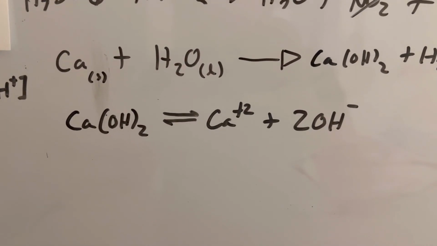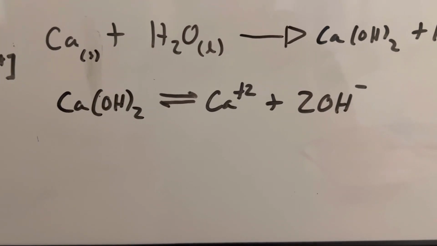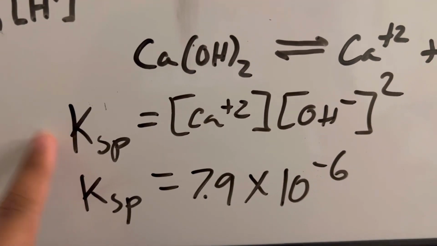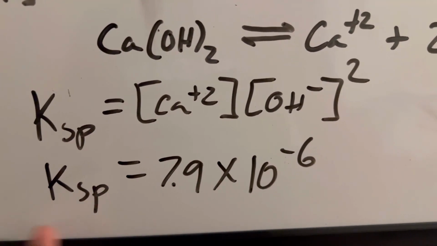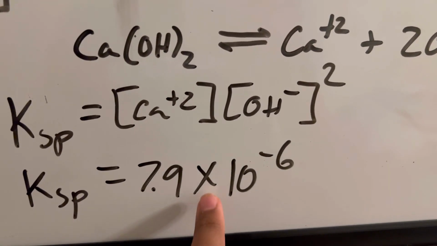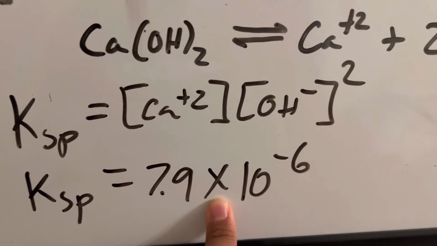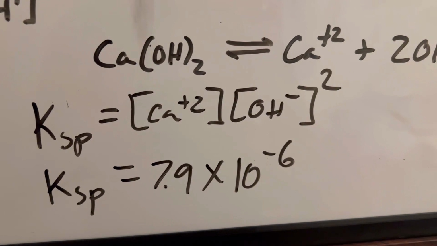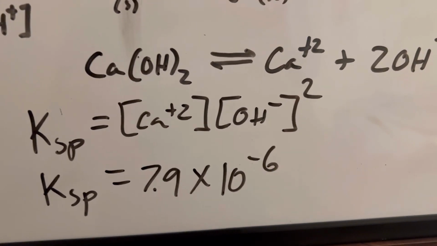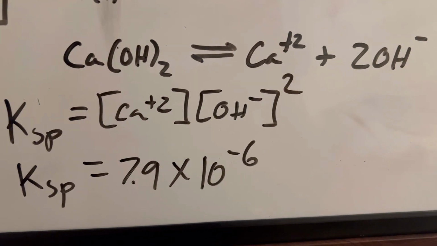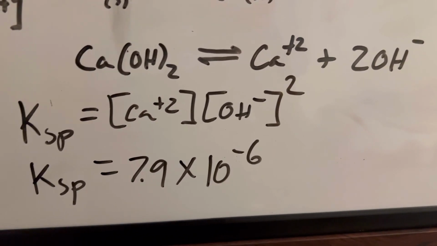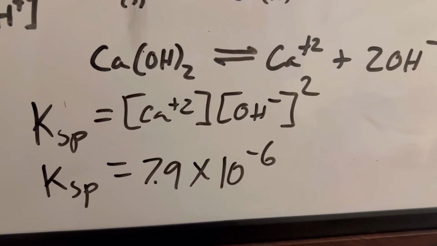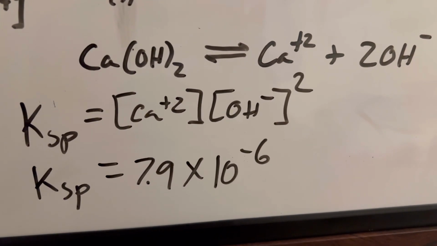Before we take a look at the reaction, I wanted to talk about the Ksp of the calcium hydroxide. So here we have the Ksp formula, which is right here, and this is the Ksp value. Now you can see that it's a very, very small value, which means that it's not very soluble in water. So actually over time we'll see a precipitate form as the calcium hydroxide starts to form solids. Now keep in mind that this is at standard lab conditions, which is 25 degrees Celsius and 1 atm or atmosphere. And our demonstration is not going to be exactly at that, but it's going to be close